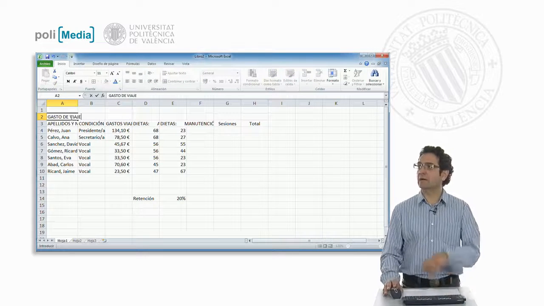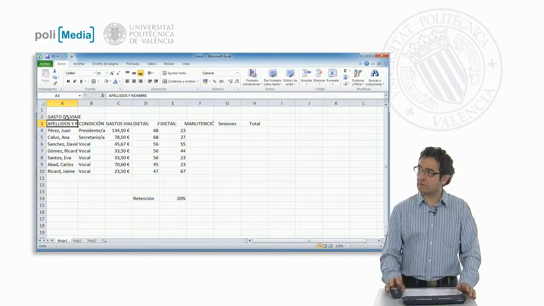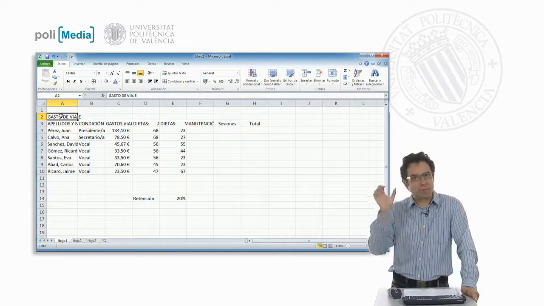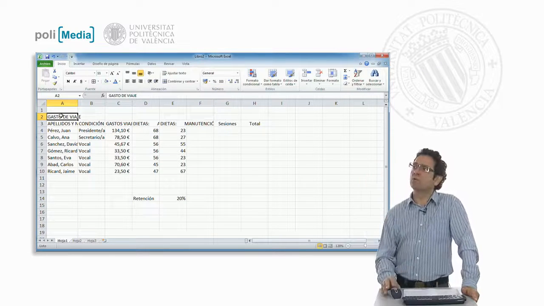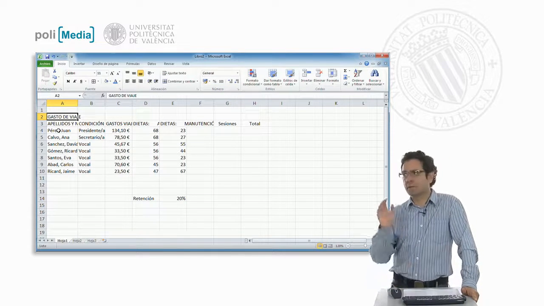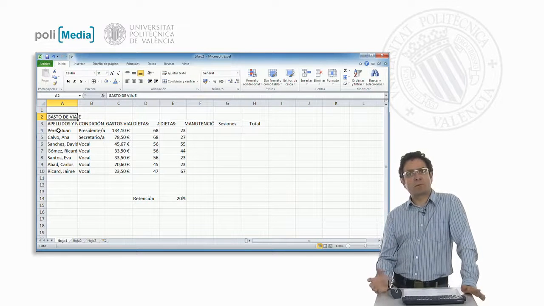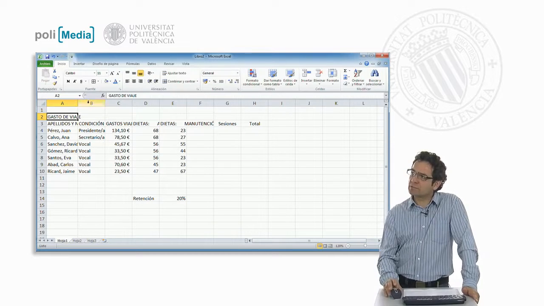We can emphasize this sentence more or less. But the one recommendation I always make is to always put the name of the table above the block of data in a cell, or at least in the first column of a previous cell. You might be wondering why we normally type it in this specific place. Well, we do it like that because